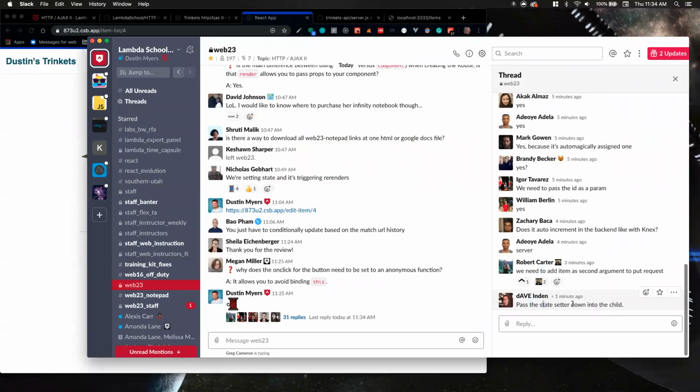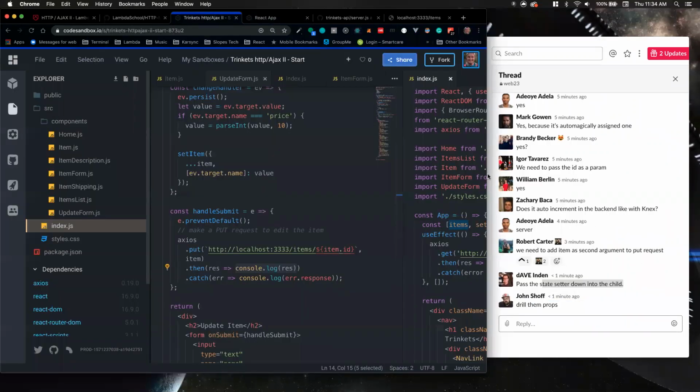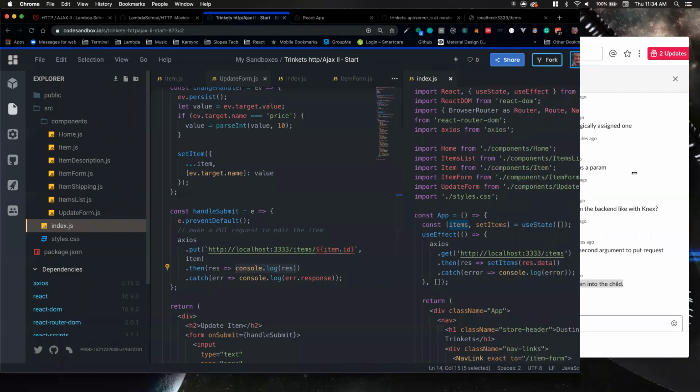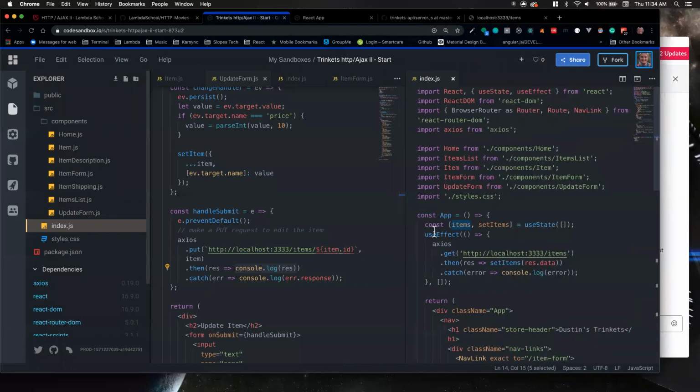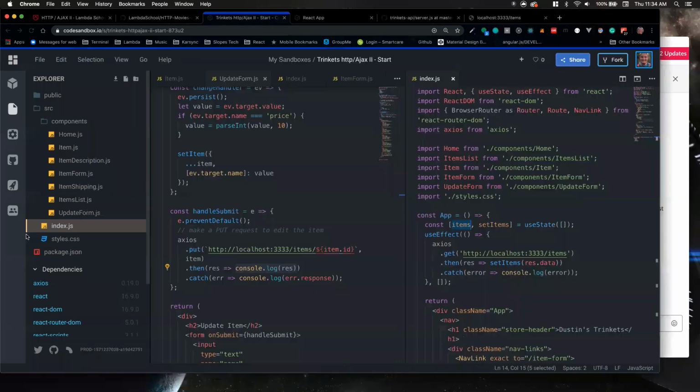Pass the state setter down to the child. What state setter? Drill them props. Set items, yes. Okay, so inside app, if we need to update items, then we need to call